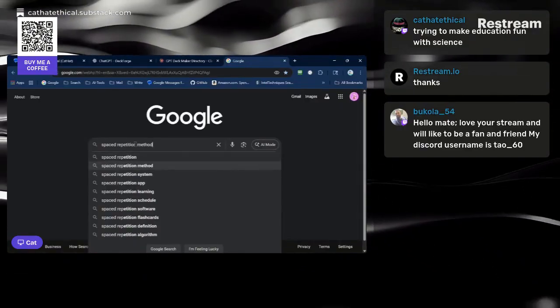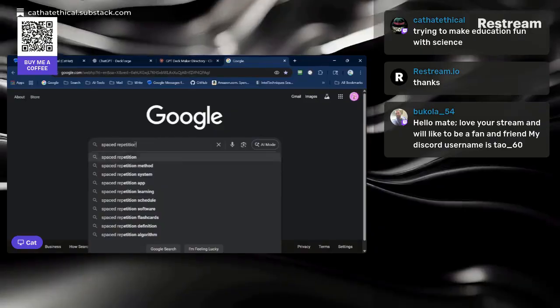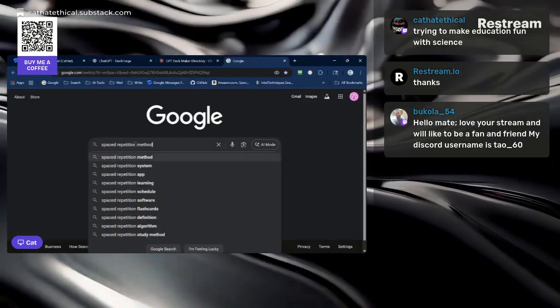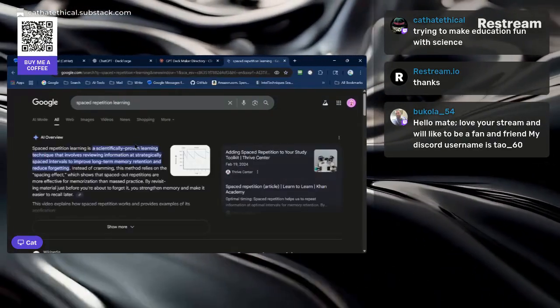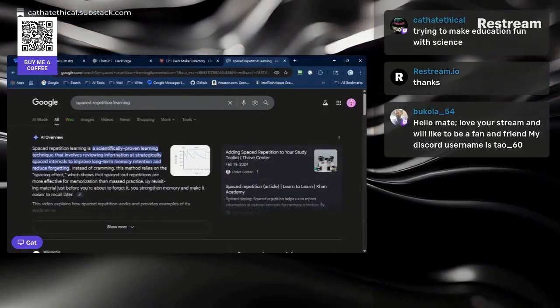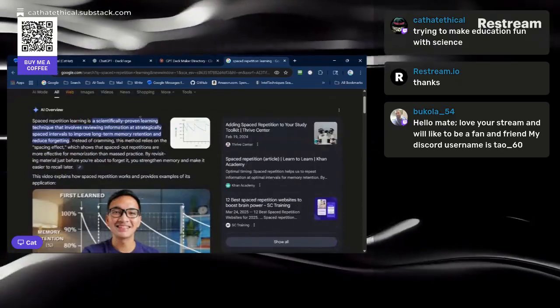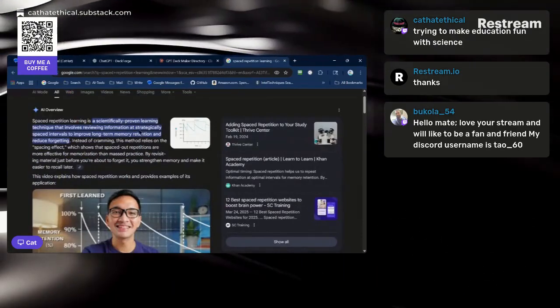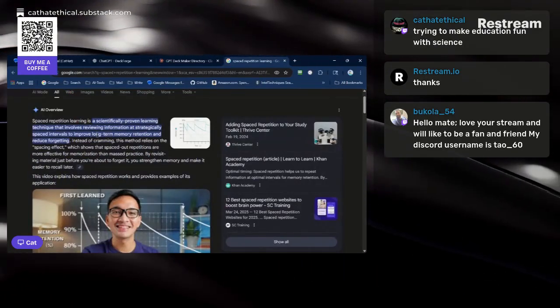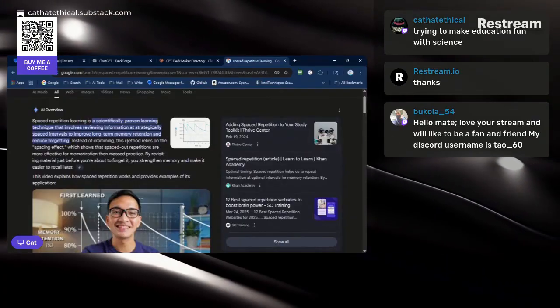Here you go. Spaced repetition learning. I hate what Google's done now, but here it is. It's a scientifically proven learning technique that involves reviewing information at strategically spaced intervals to improve long-term memory retention and